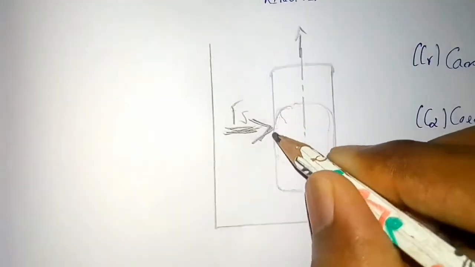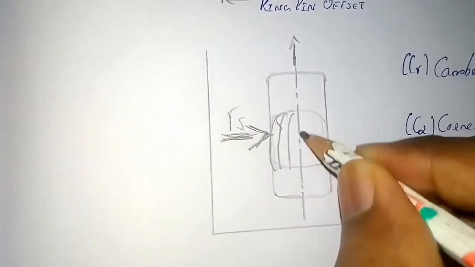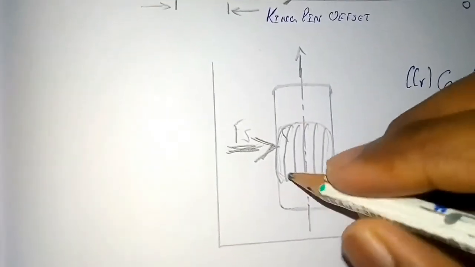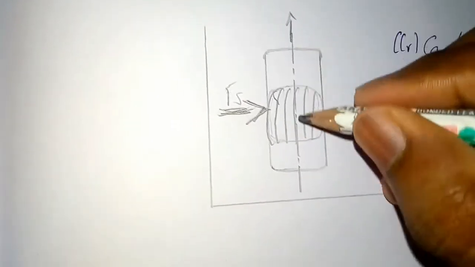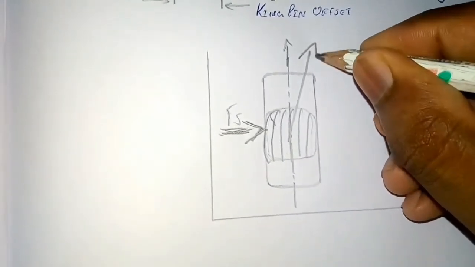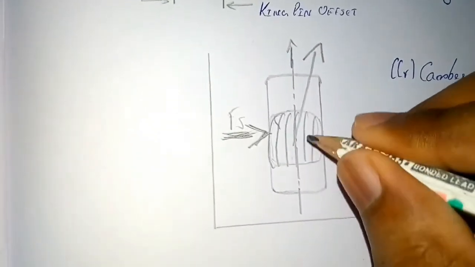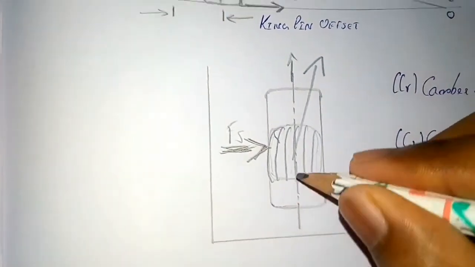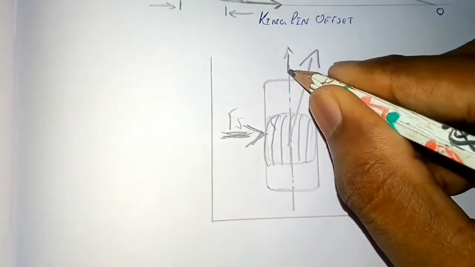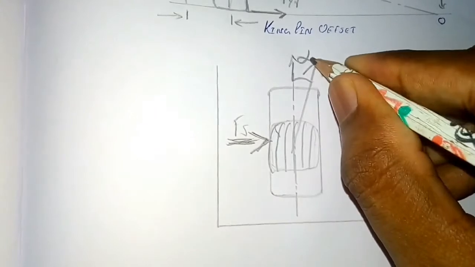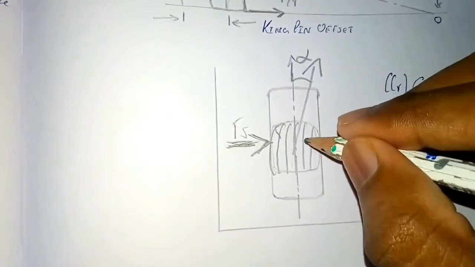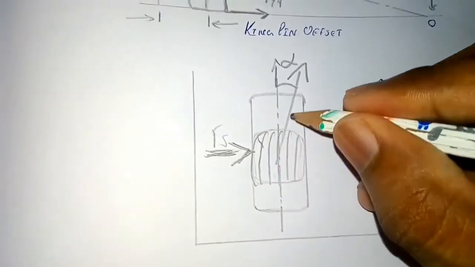This side force will result in a distortion of the contact patch where the tire makes contact with the ground. So the axis of this contact patch will be different compared to the wheel plane axis. Finally, the effect of the side force will make the tire roll in the direction of that distorted contact patch axis. That means the tire will slip. The angle between these two axes is called the slip angle, which is denoted by alpha.